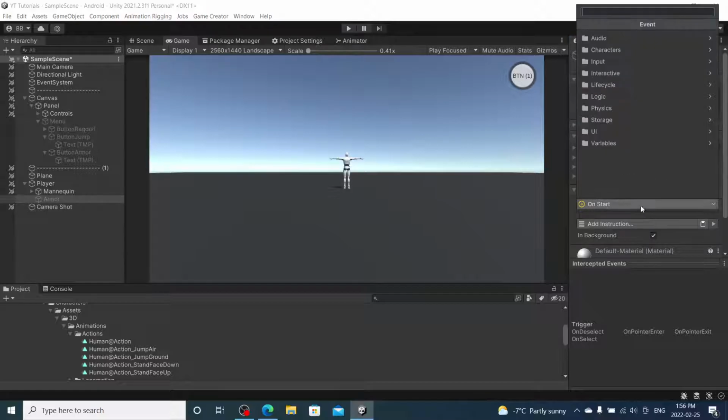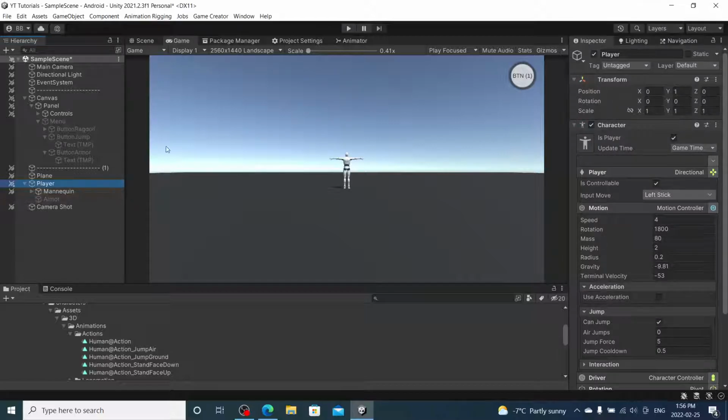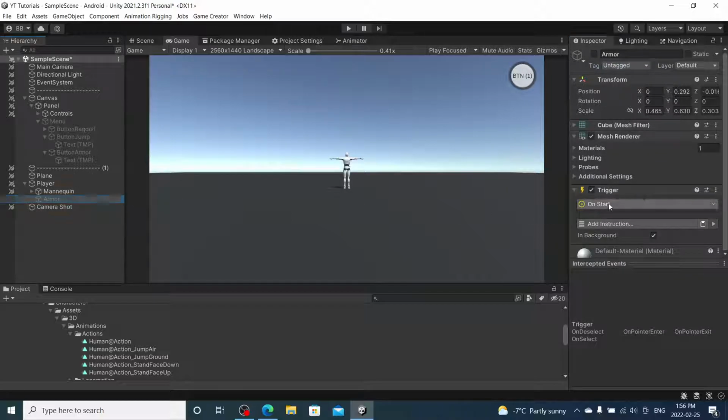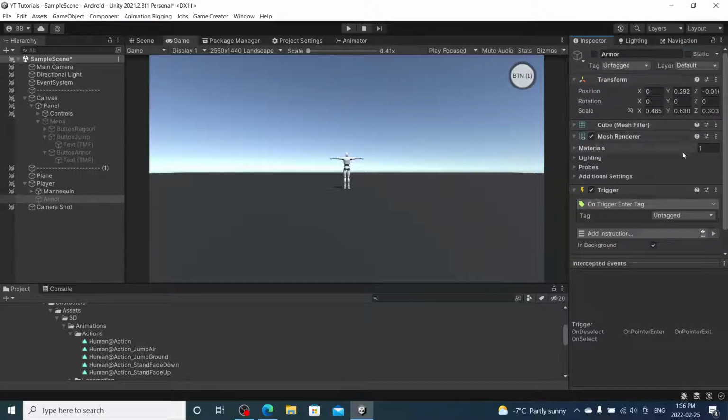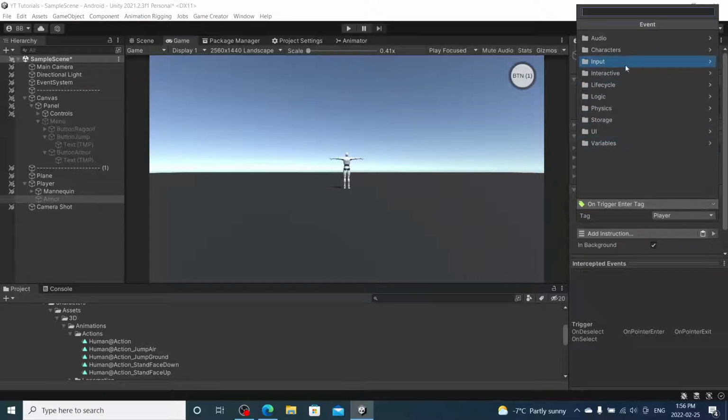You can do trigger on start, you can do trigger if you were to enter a certain area, or if you have a certain tag, like a lot of them under your player, you want to put the player tag, because a lot of things revolve around on tag enter. So if a player were to enter something, it knows it's you. You can create new tags like enemies and switch it to enemies. Tags are a big part, but for now we're just going to do